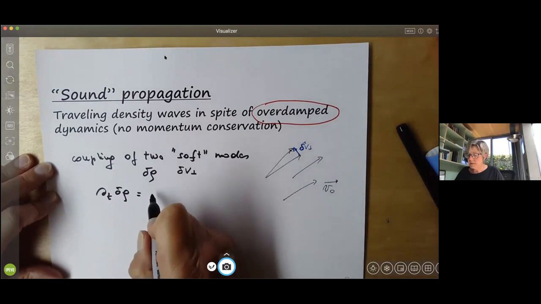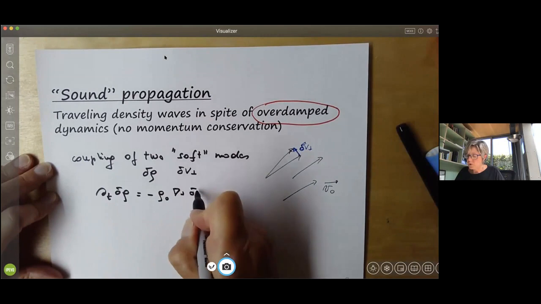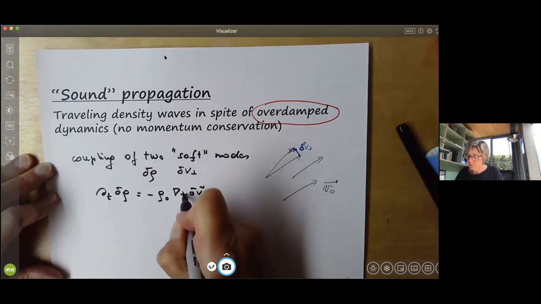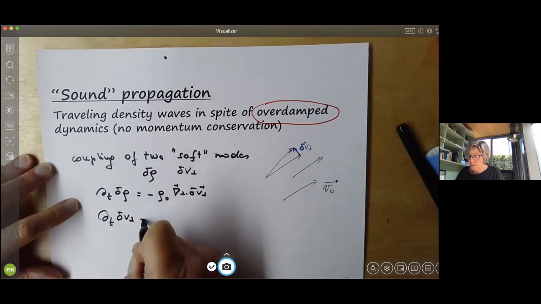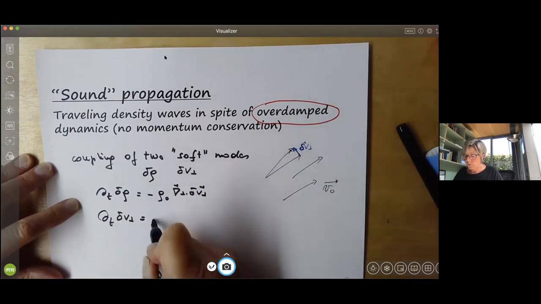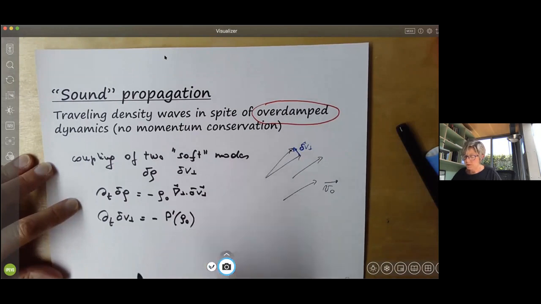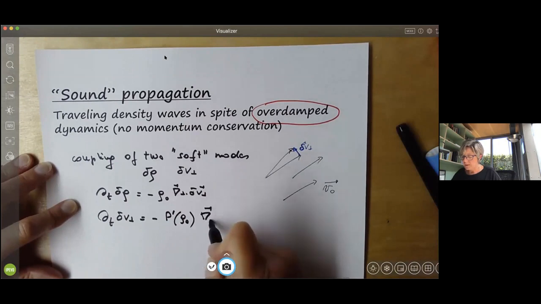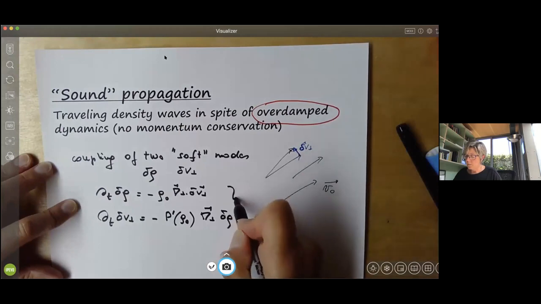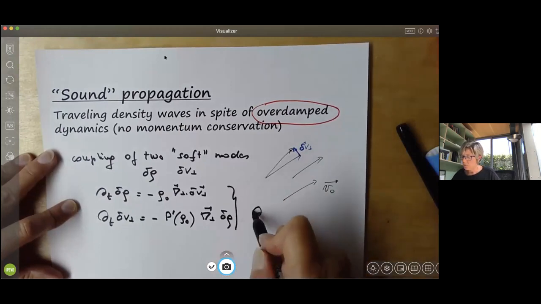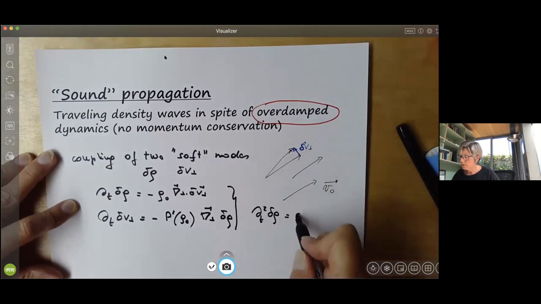Fluctuations in the density are given by the gradient of fluctuation in this delta V perp, and fluctuations in delta V perp are proportional to gradient of pressures, which I can write as a derivative of the pressure calculated at the equilibrium pressure times gradient of fluctuations in the density. And clearly I can combine these two equations in a single wave equation for the density with a speed of sound